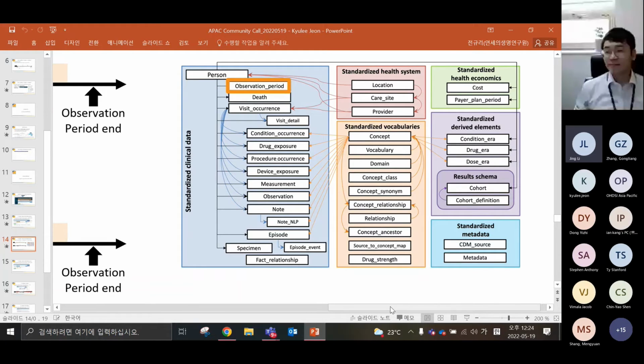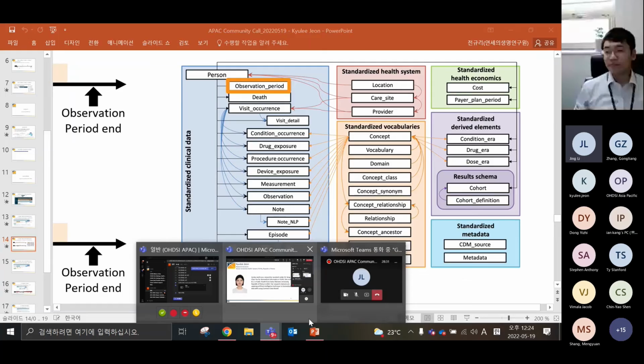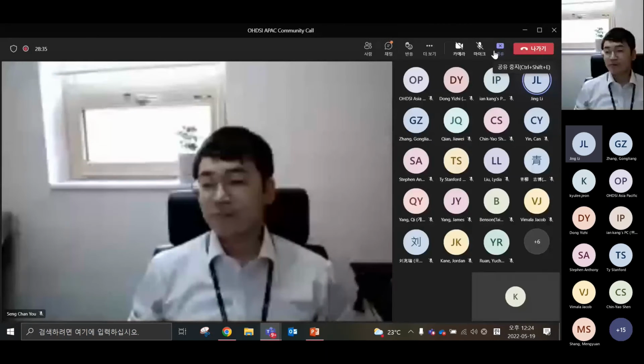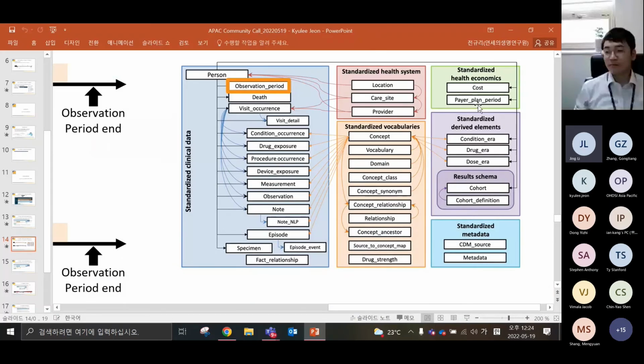Okay. Got it. I think for Atlas, it definitely has its limitations as you go deeper into provider, because it's more focused on the clinical events tables, like drug and diagnosis. But as for location, care site, provider, and cost, it cannot do anything cost related. Thank you, Kyulee, for sharing this.